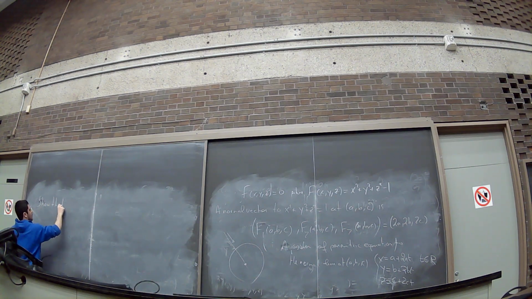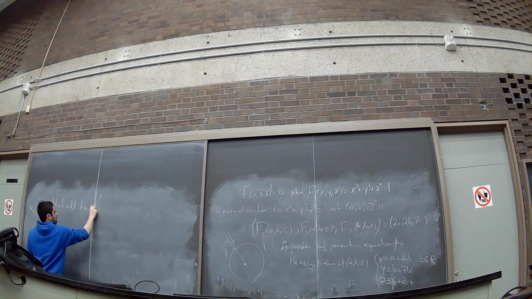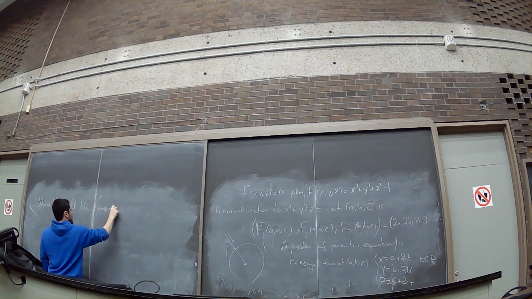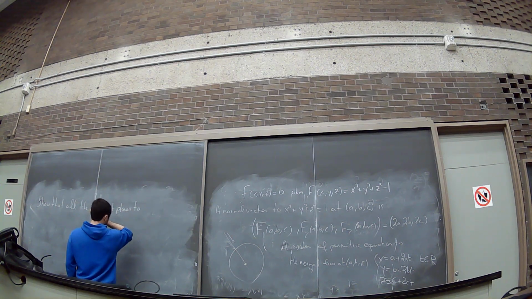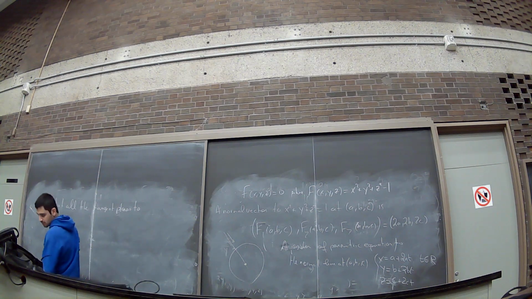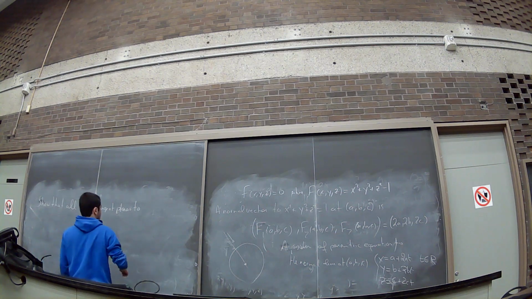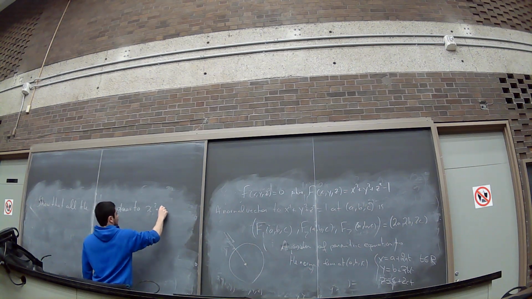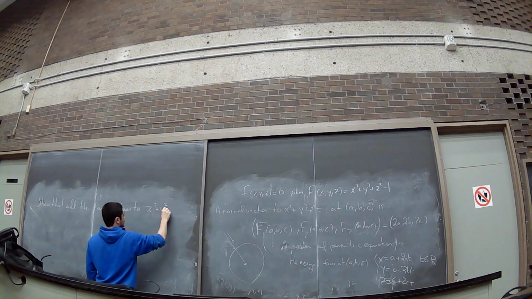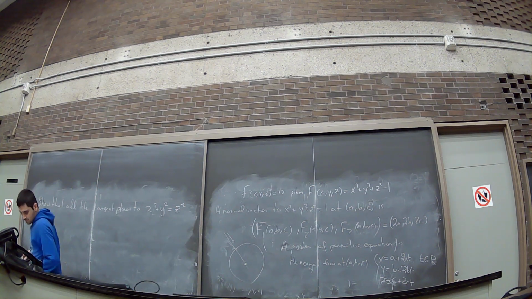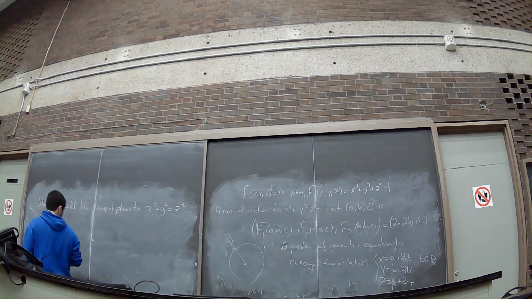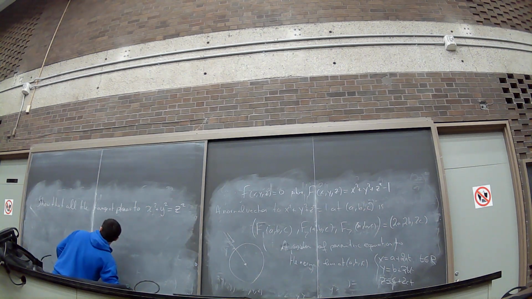Show that all the tangent planes to the cone x squared plus y squared equals z squared, so that every plane,